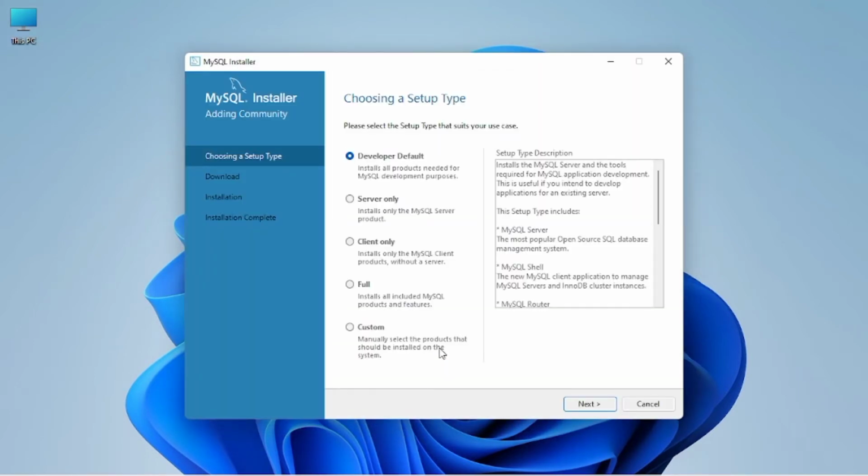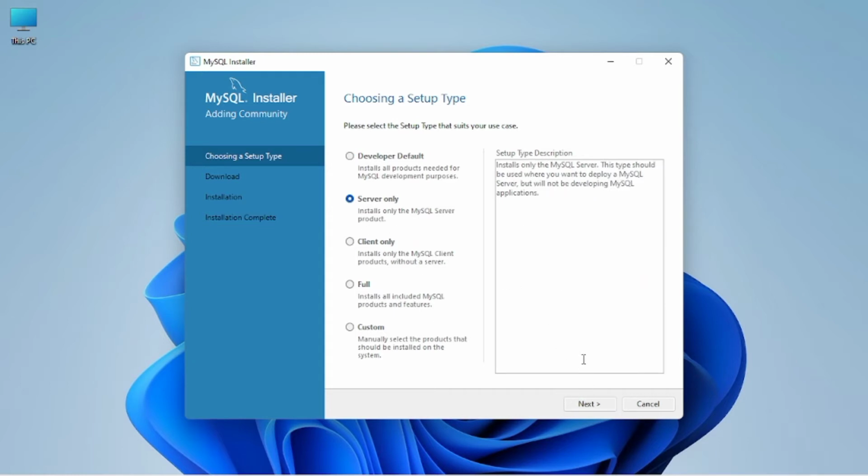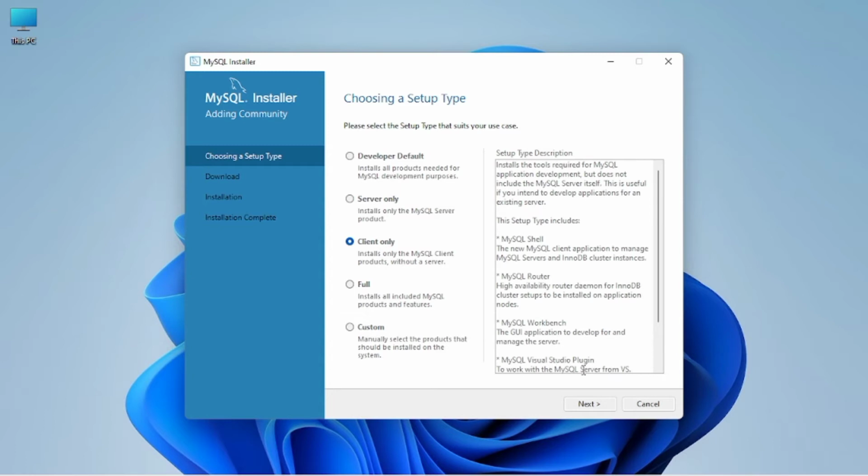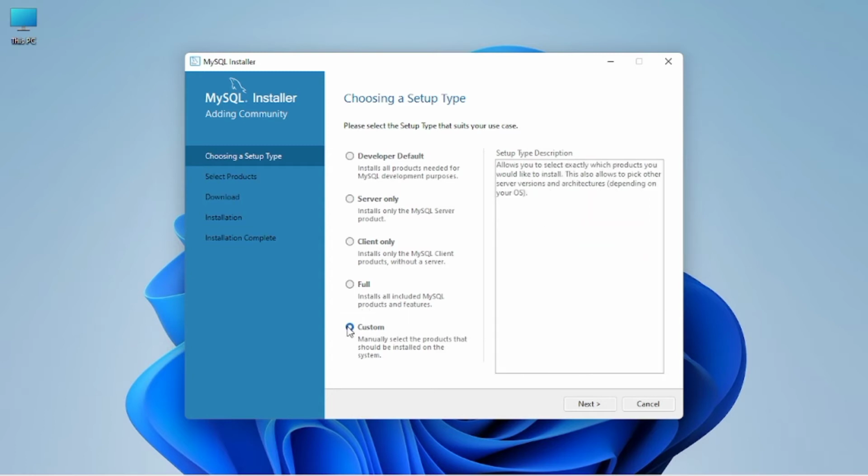When you run the setup file for the first time, this page will open. If you want to install server only, then select server only and click on the next button to install MySQL server only. If you want to install client only, then simply choose client only and click on the next button. If you want a custom installation, then select custom and click on the next button